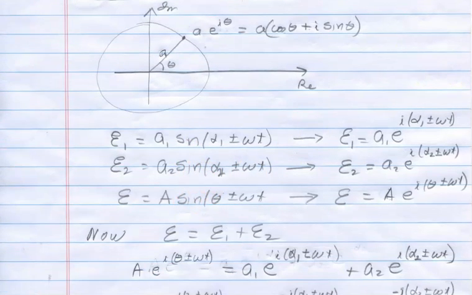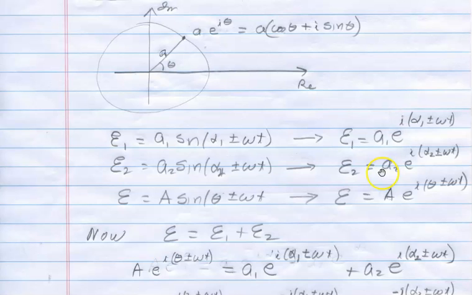But what I'm going to do is stick with that sine notation that we had before. So I'll treat these as the real waves from those two independent sources. Again, I'll just do two, but it extends naturally to more than two. So I want to add E1 and E2 that are really real waves. And what I'll do is extend them into this complex phasor notation as the amplitude times e to the alpha 1 plus or minus omega t for this one,